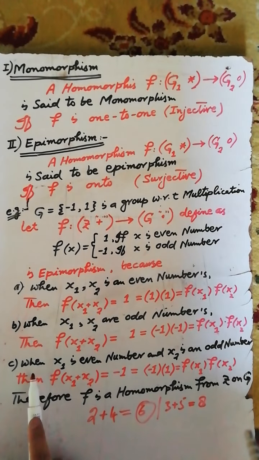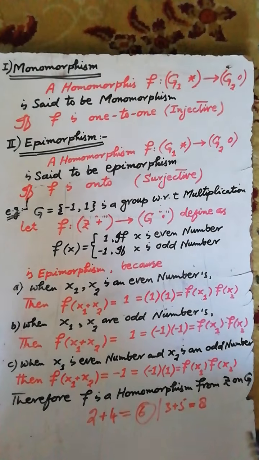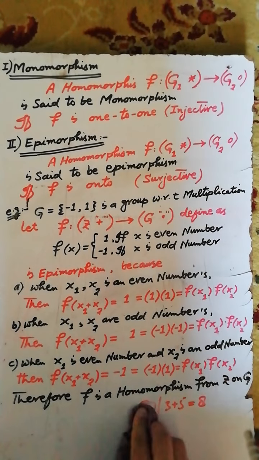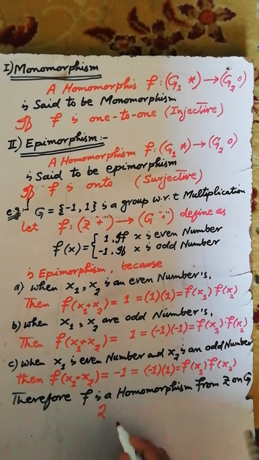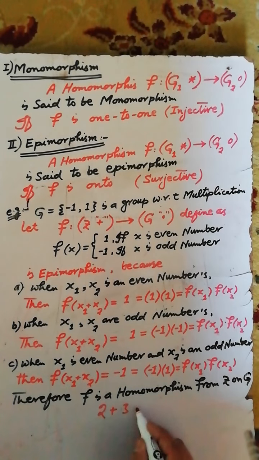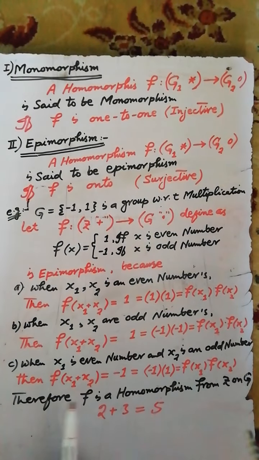Now, to check the third condition, when x1 is an even number and x2 is an odd number, then the sum of the even and odd number is odd. If we select 2 as an even number and 3 as an odd number, the sum of an even and an odd number is an odd number. Therefore, the image of this odd number under the given function is equal to minus 1, which is also equal to minus 1 multiplied by 1, which is minus 1,